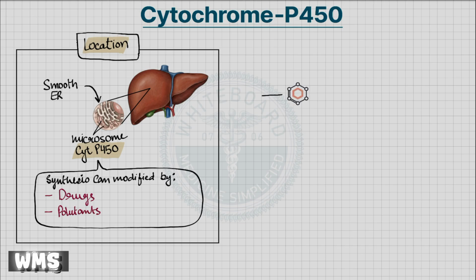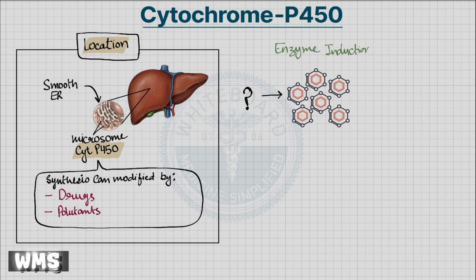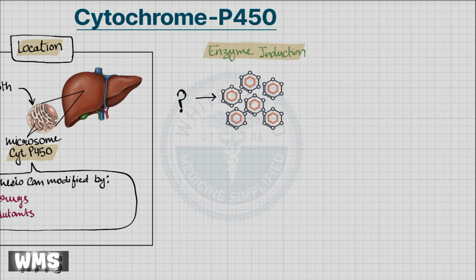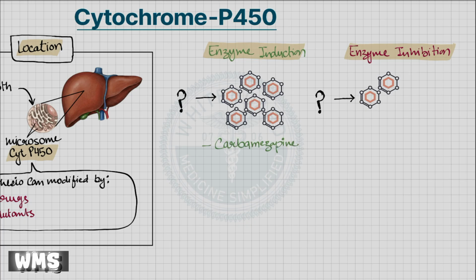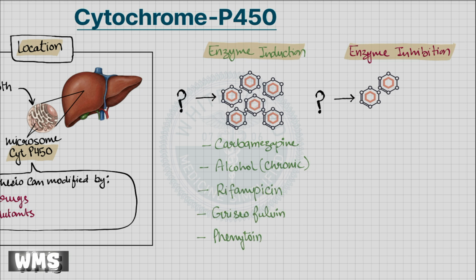When certain substances increase the production or activity of these enzymes, the process is called enzyme induction. On the other hand, when some drugs reduce the activity of CYP450 enzymes, the process is known as enzyme inhibition. Common examples of enzyme inducers include carbamazepine, alcohol, in fact chronic alcohol use, rifampicin, griseofulvin, phenytoin, smoking. A useful mnemonic to remember enzyme inducers is